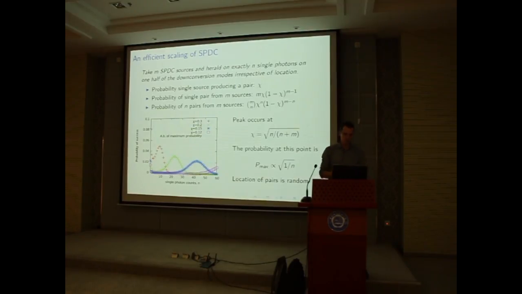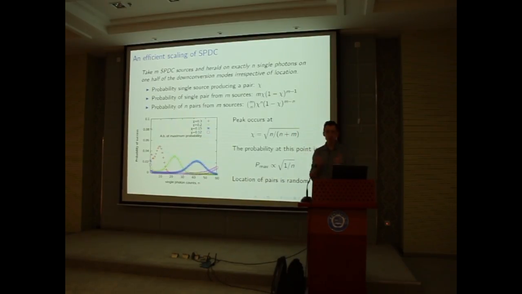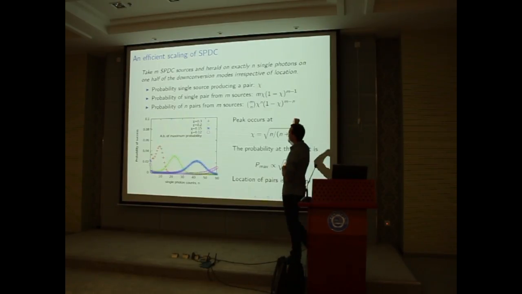You think that there might be a problem because if you have multiple parametric down conversion sources and you just wait and you trigger on single photons and you don't do any adaptation, which is like the figure that I showed, there's no adaptation in there, then there's going to be an exponential overhead. That doesn't necessarily matter. That was one of my points, that exponential overheads aren't necessarily bad. What you do need to do is make sure that the size of the set of things that you will take into your proof is not exponentially small. And so what you can find is that if you take these ends,